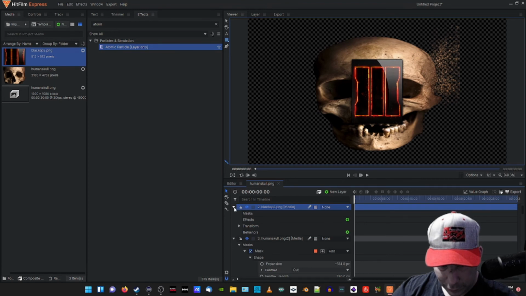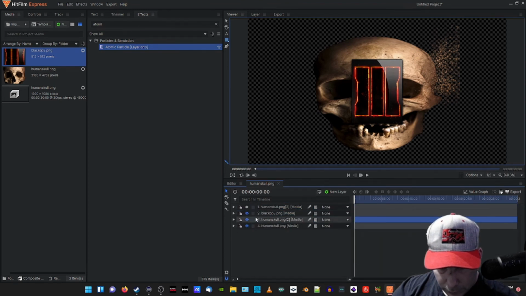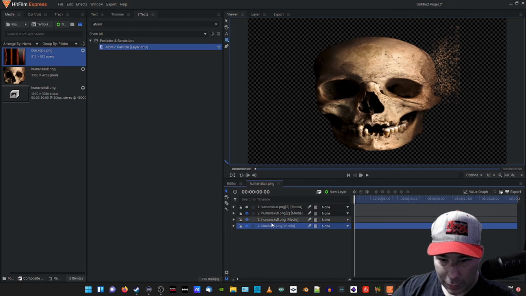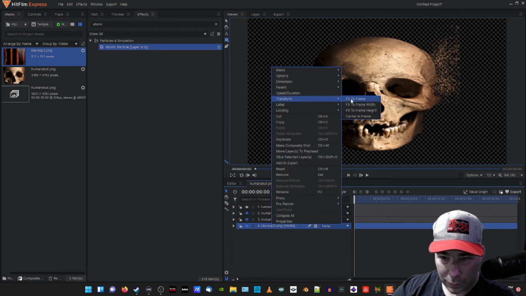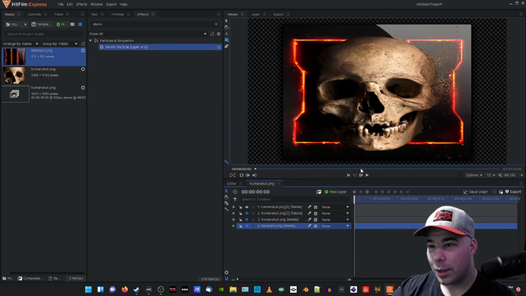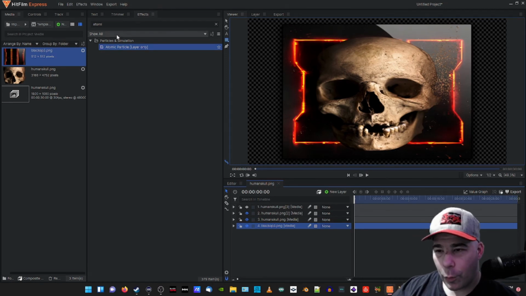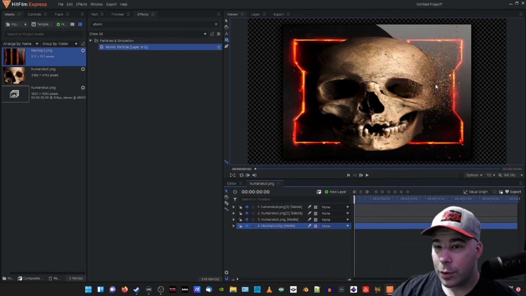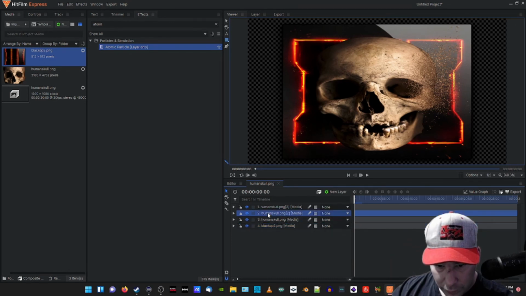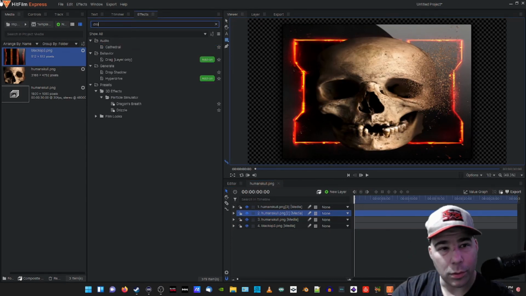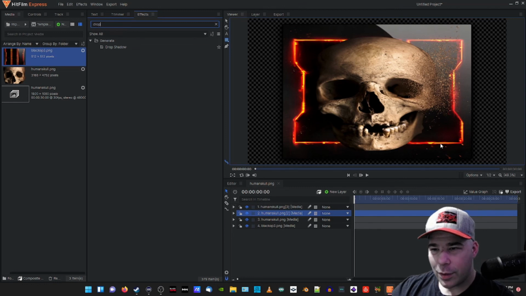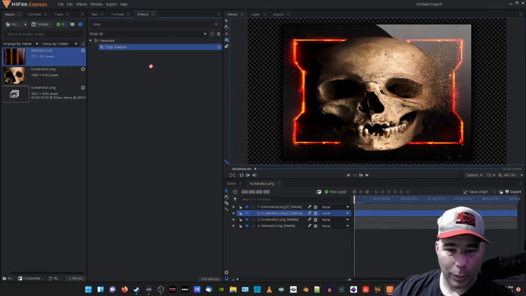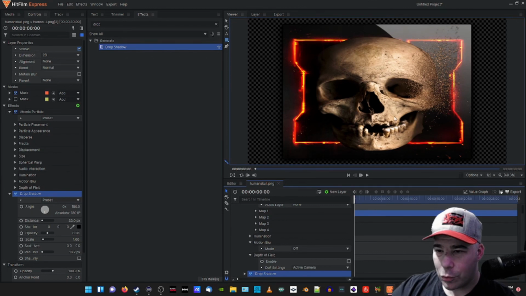Let's close this off because it's hard to manage. So we put this in the back and maybe fit it to frame, and then you see how it goes. Now what we could do also is add that extra duplicate of the skull here. Kind of like boom. And say we wanted to, what skull was it? This bottom skull right here. We could go to the effects and drop a shadow. You probably won't notice it on this background because it's dark, but if you go ahead and drag it down,